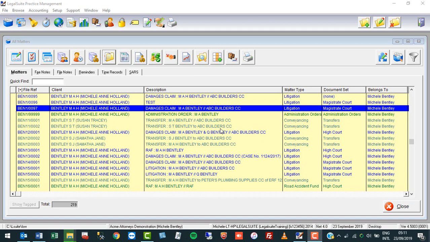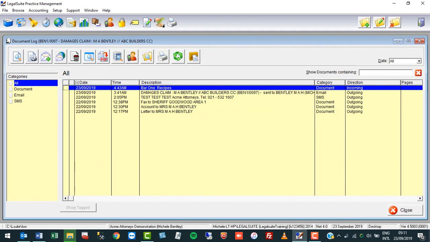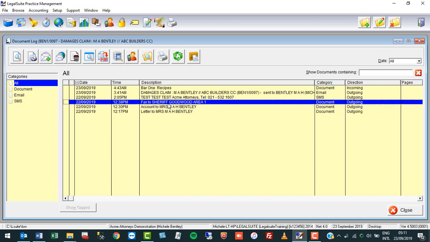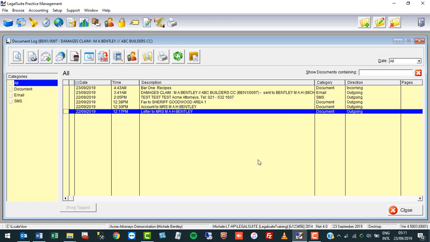Okay, so standing on my matter, I can click on my document log icon. Alternatively, I can press the F5 button, the F6 button on your keyboard. Okay, so these are the documents that I have in my document log. So I've generated, as you can see, a letter, an account, a fax, an SMS, an email, and I brought the document in outside. So we're going to, for the purposes of this, be working with the letter that we